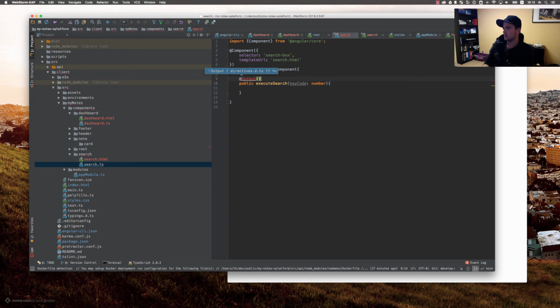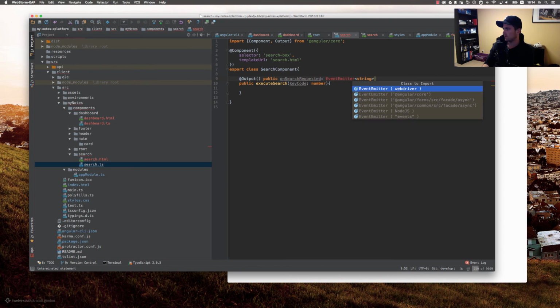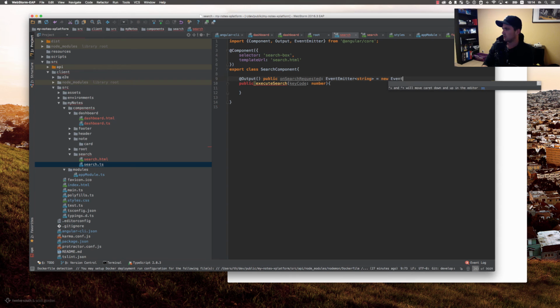So let's say output public on search requested is of type event emitter of string, because we want to send out the query text, and ensure that you use event emitter offered by Angular core. New event emitter of string,